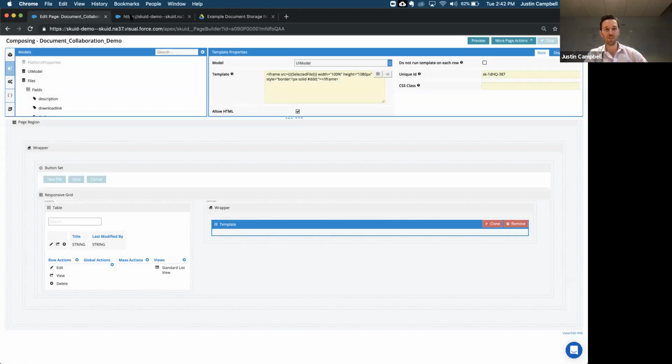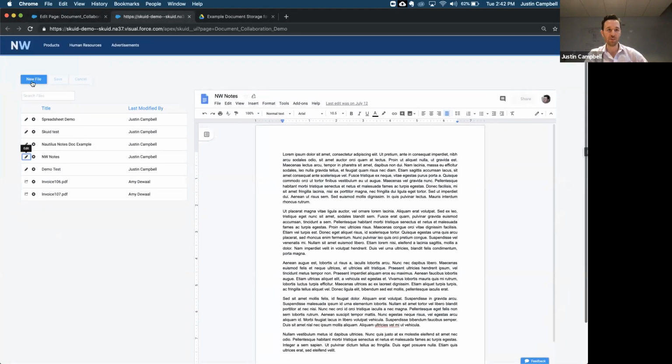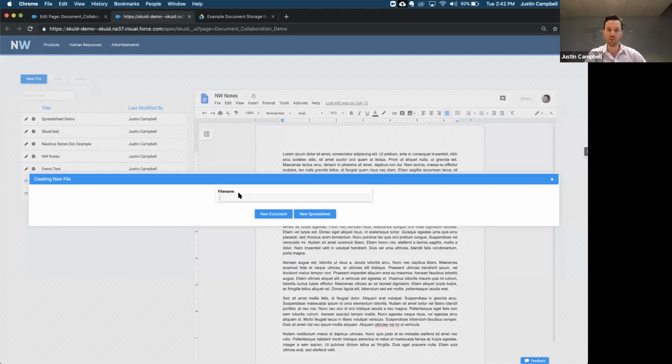We do have one other quick example of how you can integrate these two, and that's with generating a new document. I only made two buttons for a document or a spreadsheet, but again, you can make any using our built-in data source actions, again, without any code. Cool. You can easily